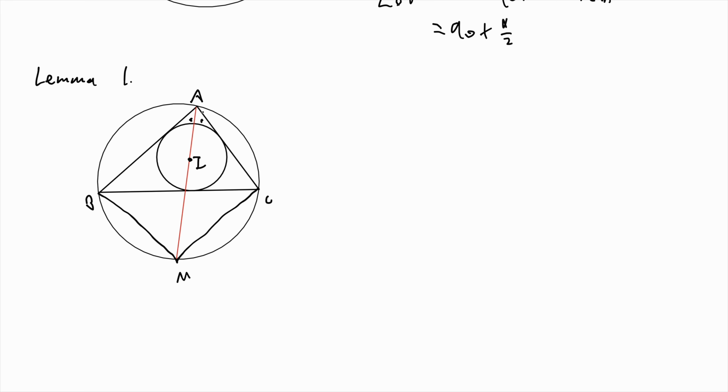How do you prove that angle MBC equals angle BCM? So it suffices to prove that this angle equals that angle, right? What is this angle? It is a dot, because look at chord BM. What is this angle? It's also a dot. So nice, we proved that these are equal to each other. So because BM equals MC,